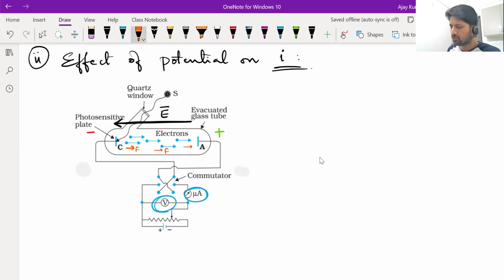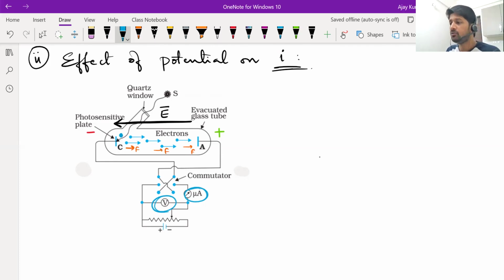Now, if electrons are forced to go from emitter plate to collector plate, C is the emitter, A is the collector, then it will help in completing the circuit. It will help in producing more current. Okay. And one more thing is, when radiation is incident on the emitter plate, the electrons that are emitted,